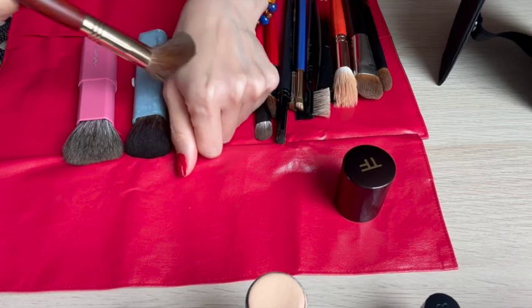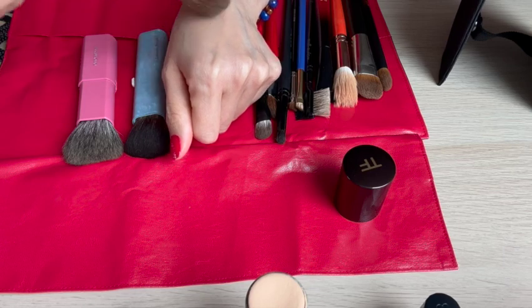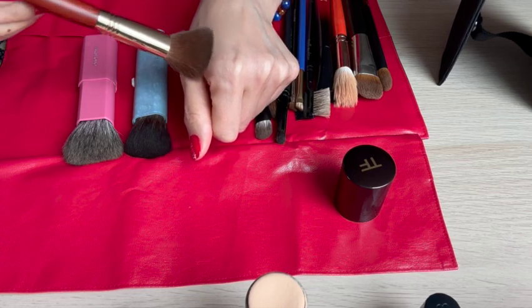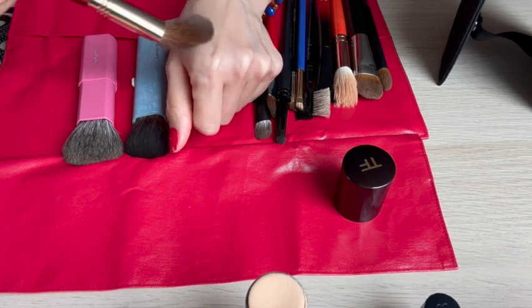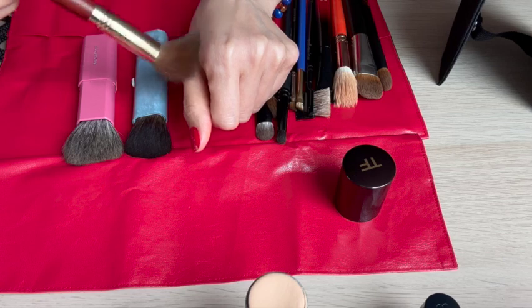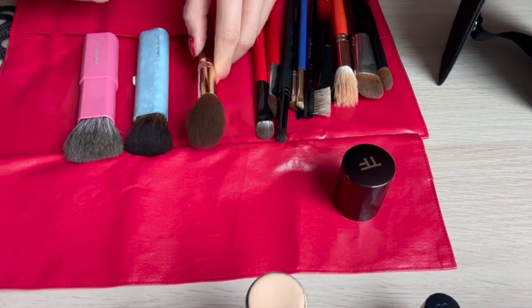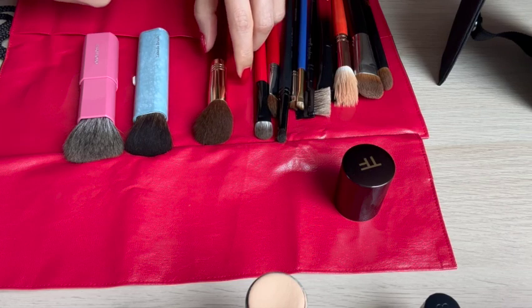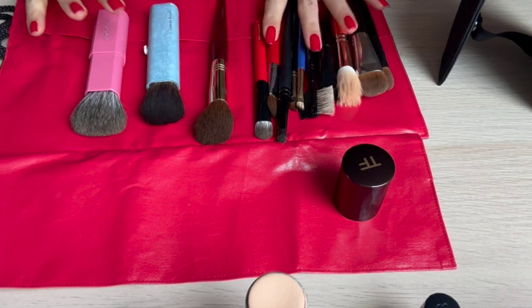because I don't like to buff with a particular hair which is too strong, like goat. I find that over time, and from my mid-30s, my skin is sometimes sensitive, and I find that goat hair does tug on my skin whilst buffing. So